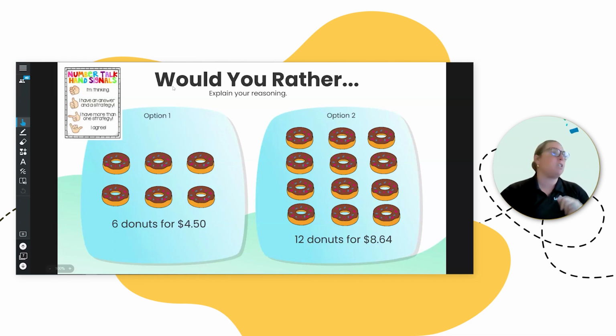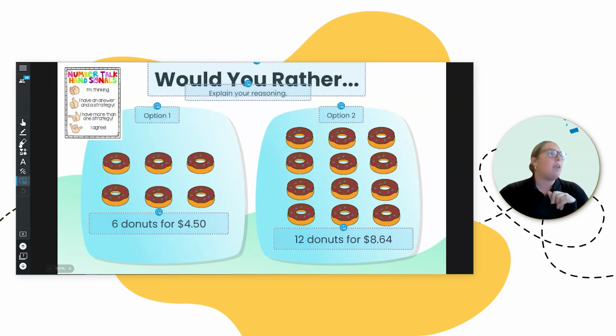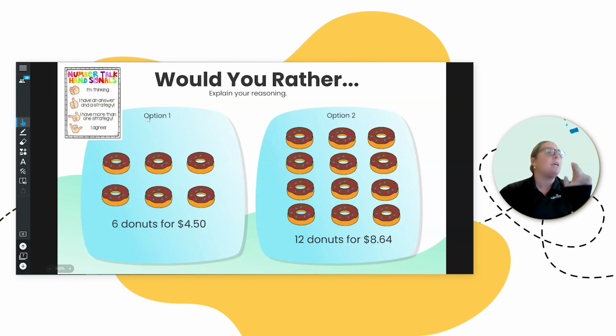As a teacher, this was a 2-column organizer. All I did was add the words, same thing, my book icons activated, and then added some images here. So this is just a number talk. They are thinking mental math here. So nothing crazy is going on this slide. I just wanted to highlight our graphic organizers for things like would you rather.